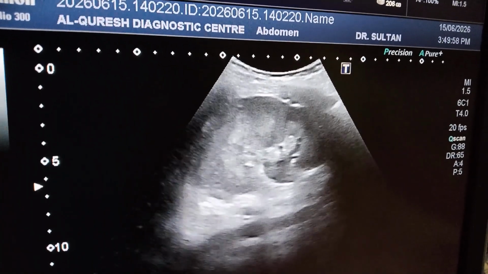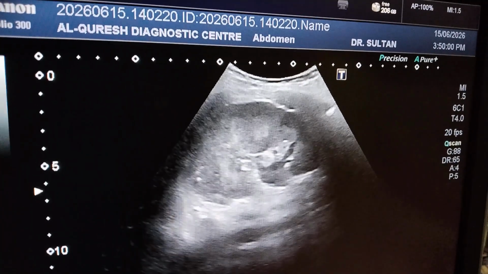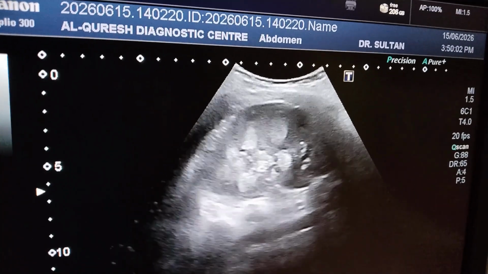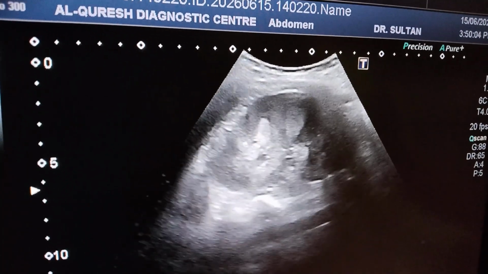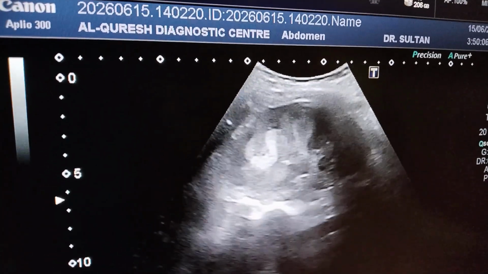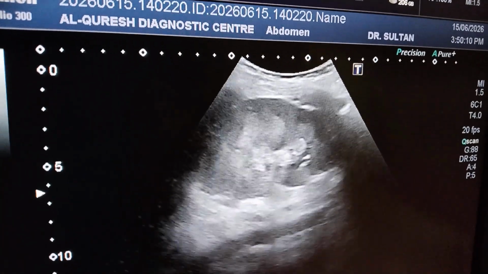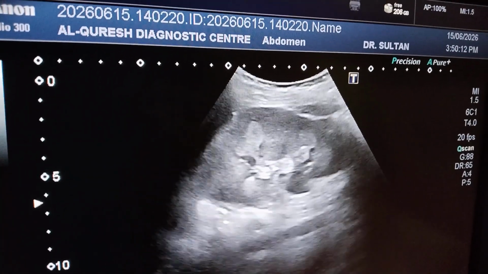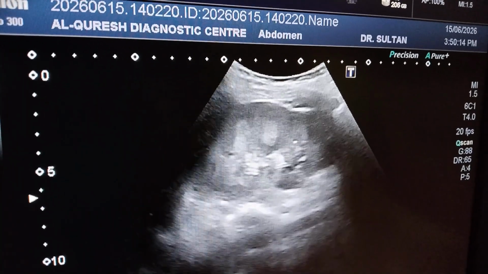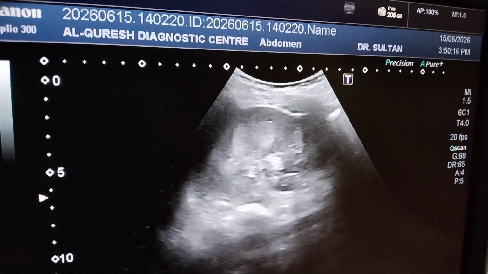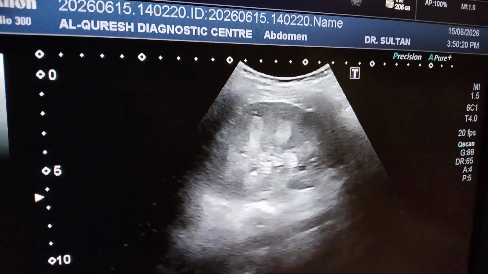And so this was all about the bilateral, diffusely hyperechoic pyramids with symmetrical involvement involving all pyramids of both kidneys. Likely it is early onset